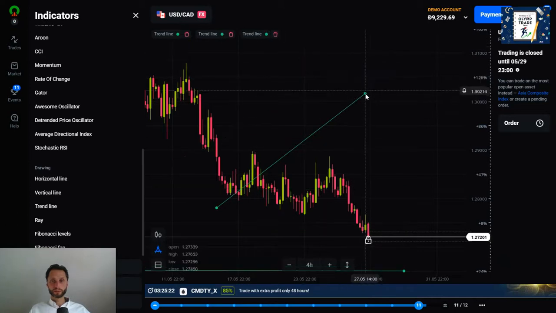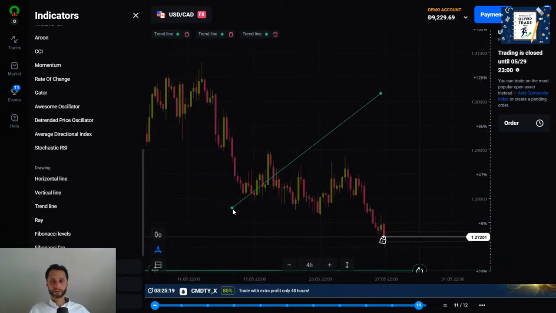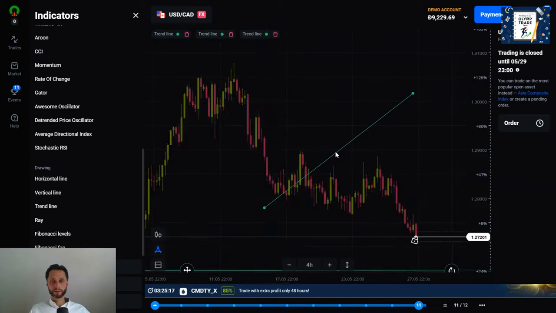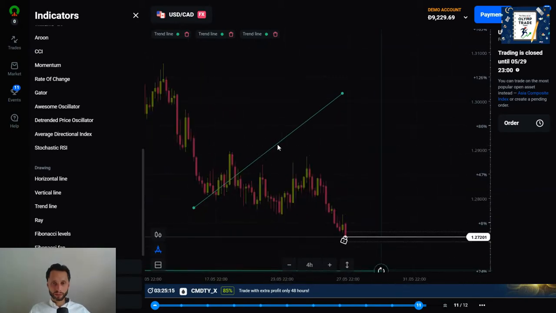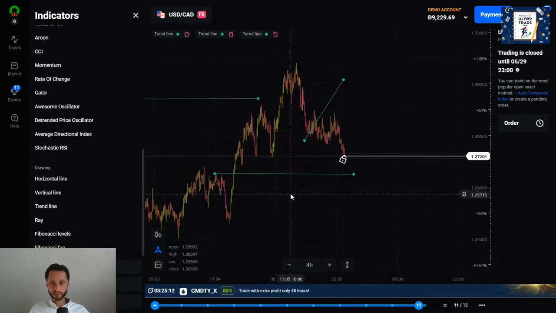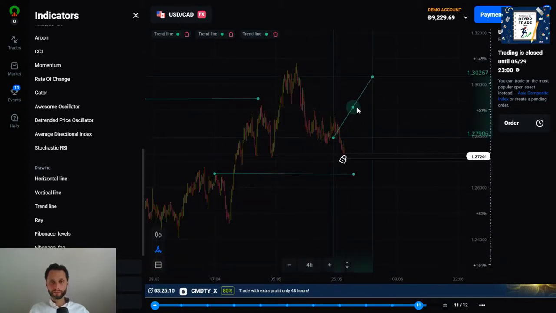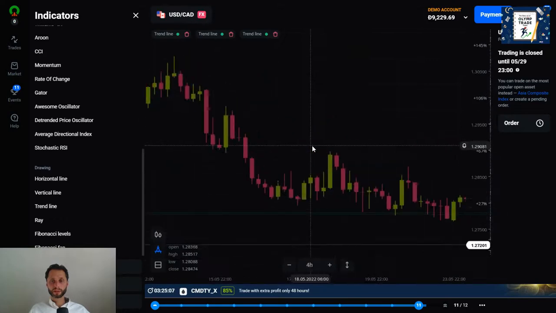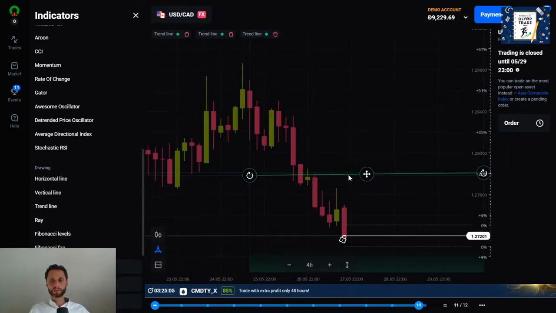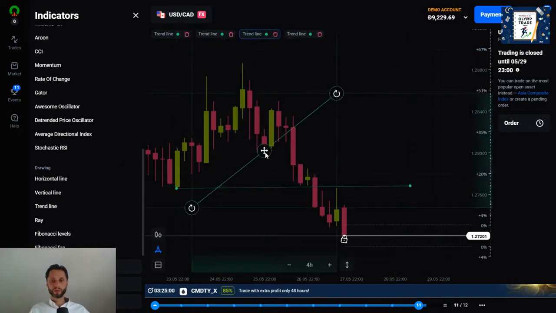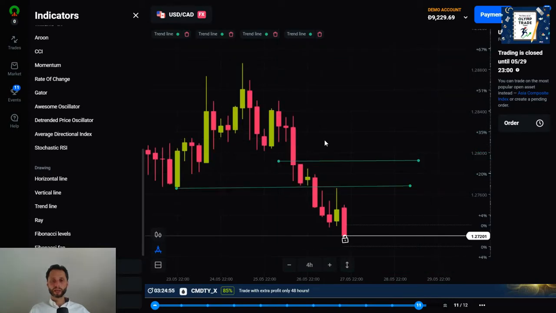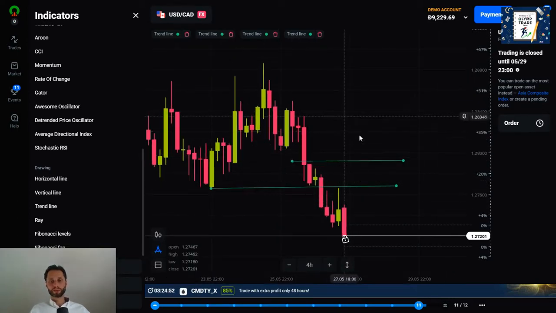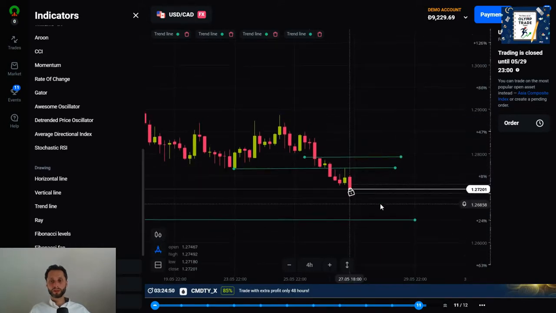If I just delete this Fibonacci and move this, just try and grab this trend line, this ray right here. There we go. So I'm looking for a retracement to get a better price, which would be either up here or this level right here where we've got this gap in price. So I would like to see a retracement to then continue the sell opportunity into the level right here, which would be the